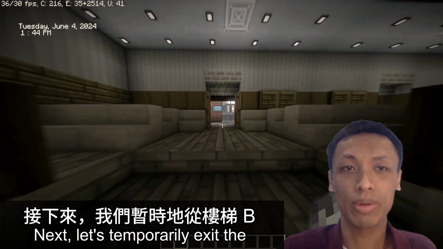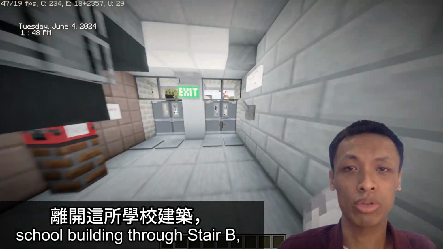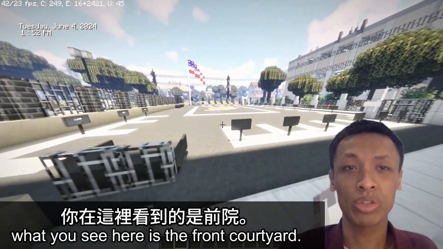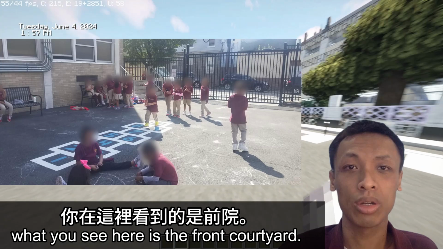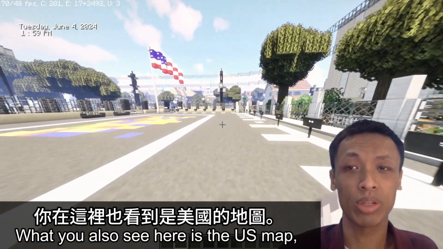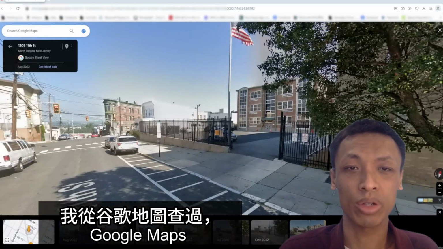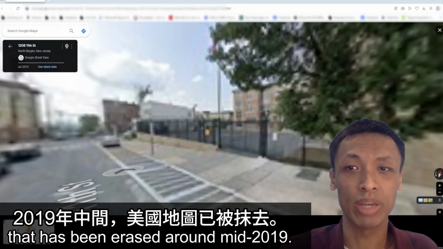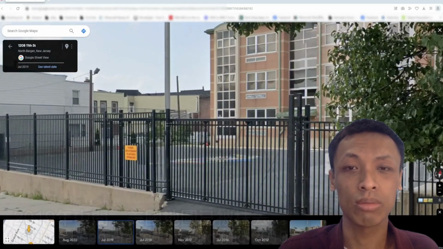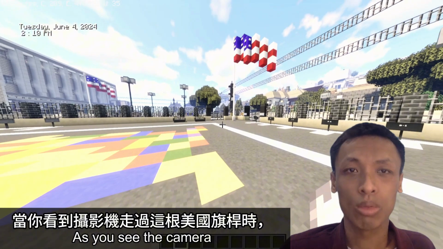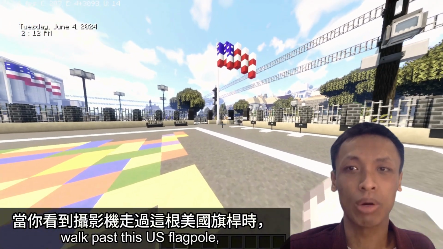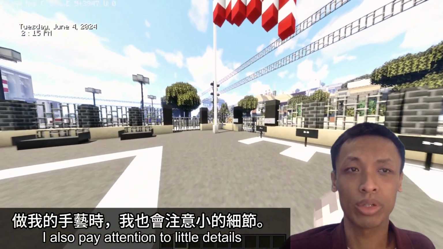Next, let's temporarily exit the school building through stair B. What you see here is a front courtyard. What you also see here is a US map, which I checked before in Google Maps, that has been erased around mid-2019. As you see the camera walk past this US flagpole, I also pay attention to little details when